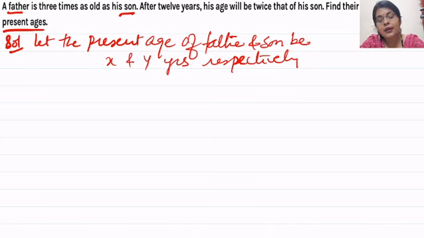अब बात आती है after 12 years. So after means later on. When we are discussing about after, everything should be added. कोई भी चीज अगर आफ्टर है तो उसमें हमें जोड़ना पड़ेगा. अगर 2 साल बाद तुम्हारी उम्र है तो अपनी उम्र में 2 साल जोड़ देना पड़ेगा. मान लीजिए आपकी उम्र 15 years है, तो 2 साल बाद आप 17 years के हो जाएंगे. तो after 12 years, his age will be twice that of his son.